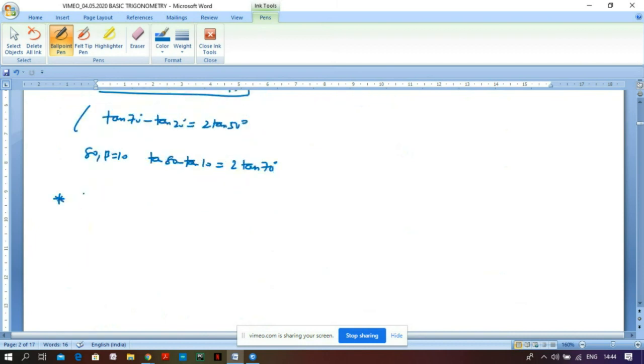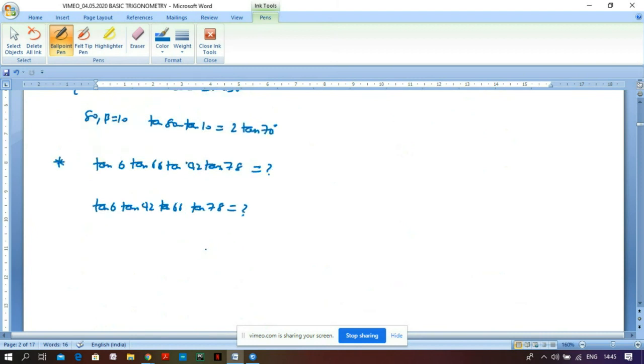Next example again involves some tan, but a different result. So we want to find the product tan 6 degree, tan 66 degree, tan 42 degree, and tan 78 degree. Better I will write in order: tan 6, tan 42, tan 66, and tan 78. I want this value without, of course, tables. And anyway, you can't find these numbers individually. So